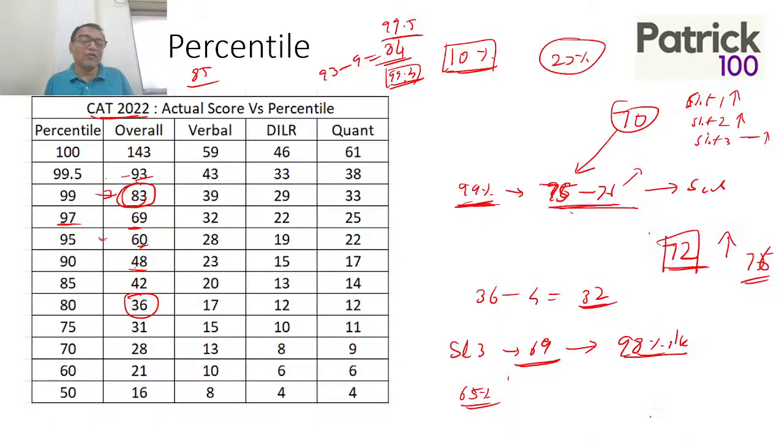With regards to 57 in slot 2, this time in slot 2 I'm expecting a scale up. It can go to 96, 97 percentile. Okay, it is possible to get a 97 percentile. And slot 2, 64 marks will again go up, could go to 98 percentile. I'm calculating it on my own, but you can calculate on your own as to how much it is. Slot 1, 25 marks may touch up to 75 percentile, possible.